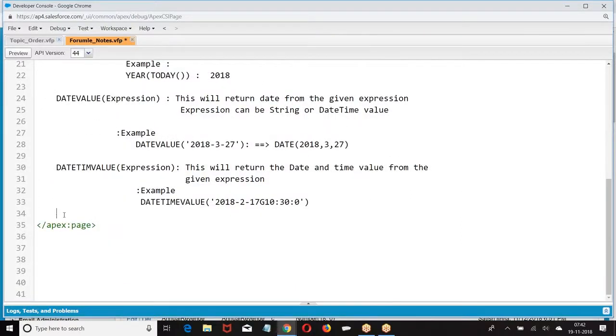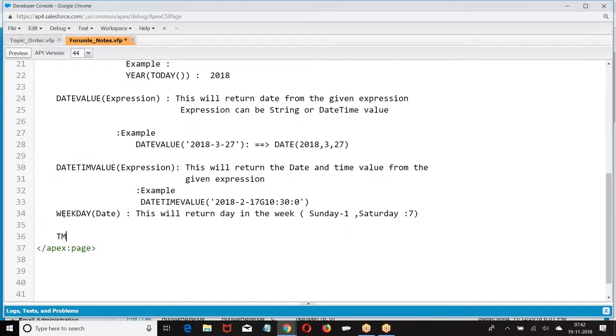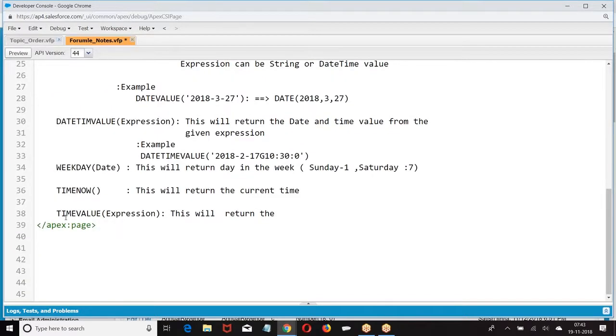So like this we have predefined functions, weekday, expression, do the time.